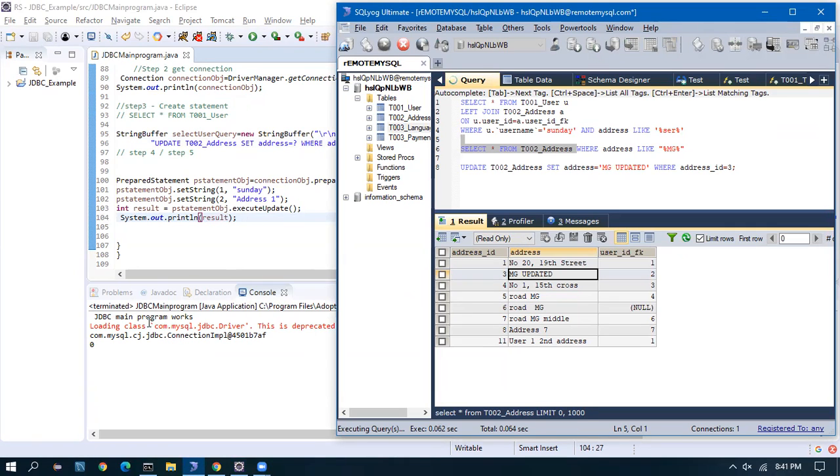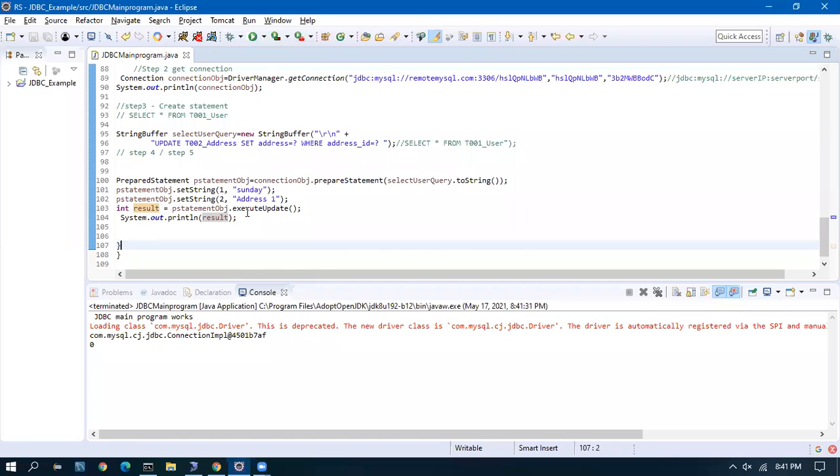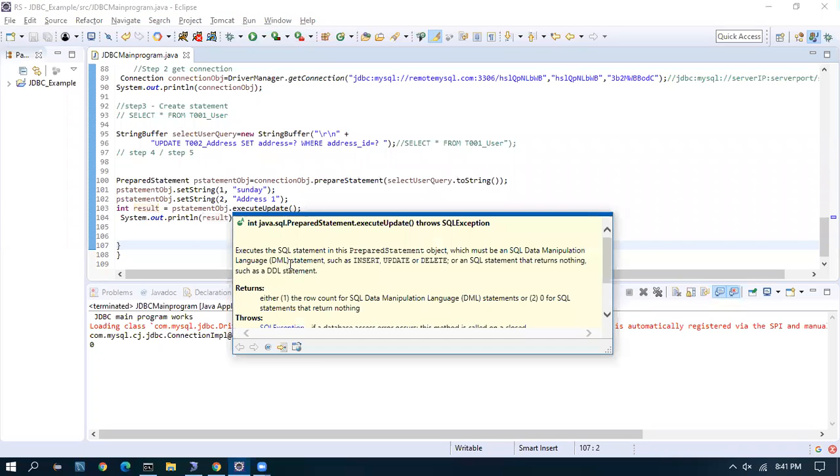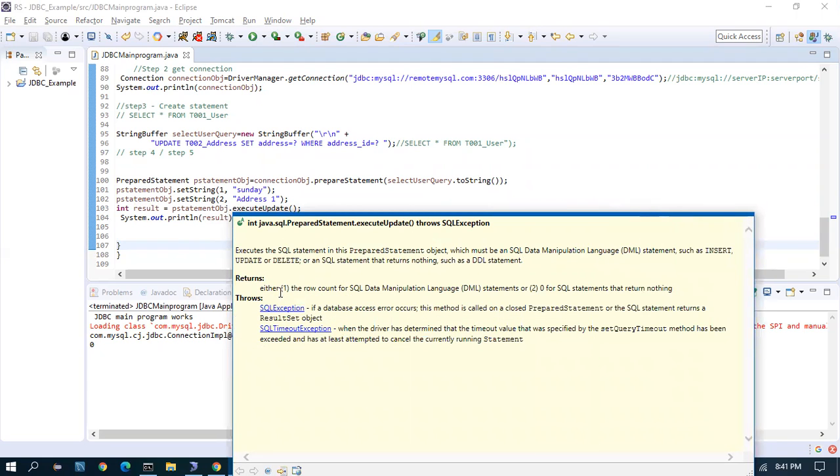Okay, if you see 0, which means the record is not updated. See the documentation: it returns either 1, the row count for SQL data manipulation language, DML, which I said, or 0 for SQL statements that return nothing. So 0 means it is not returning anything.